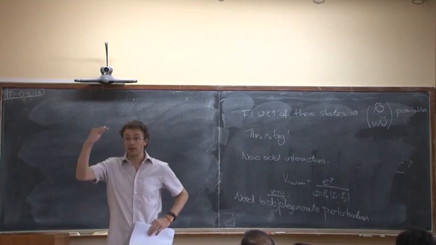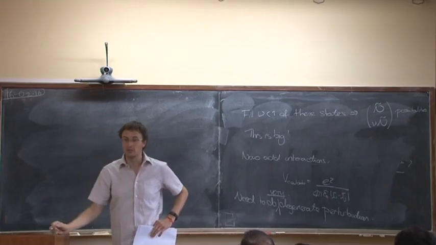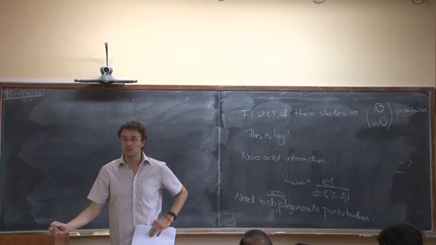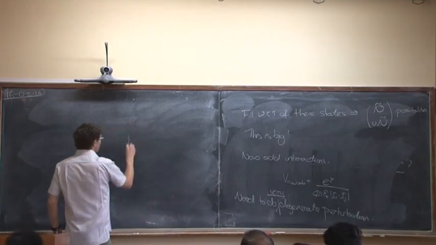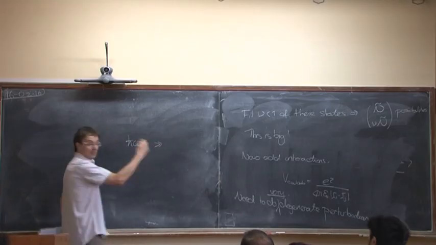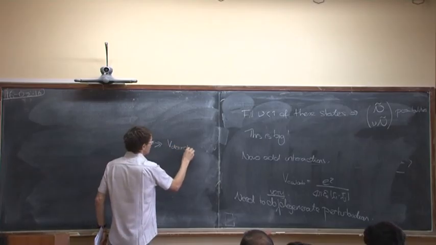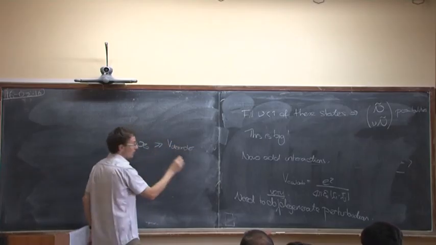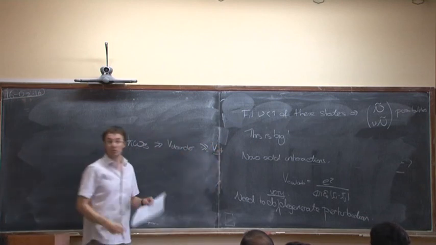But there, the integer part meant you were always in a system where you filled up all the states. Now you're looking for the plateau phenomenon, the fact that you continue to get the plateaus. And there, you're not filling out all the Landau levels. So I think what's going on here is the integer case: you're really in the regime where the gap between Landau levels is much bigger than the energy of disorder, which in turn is much bigger than any interaction energy between them,